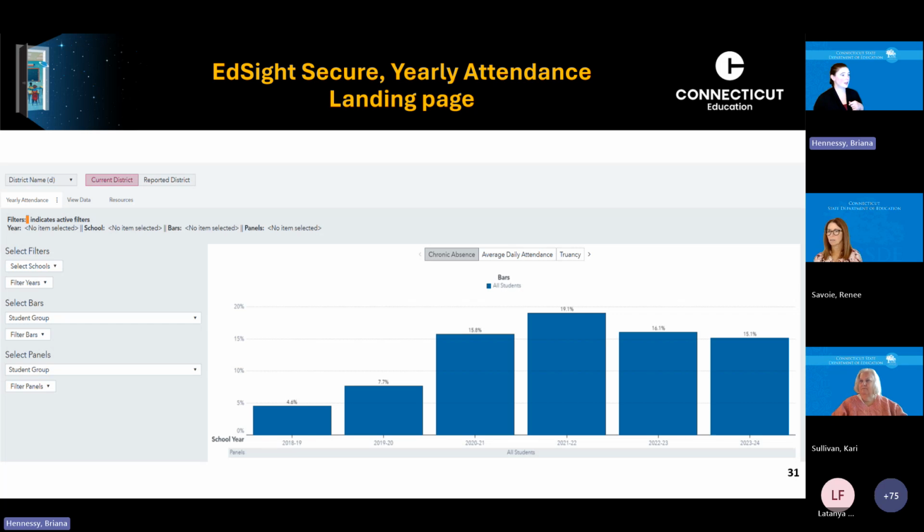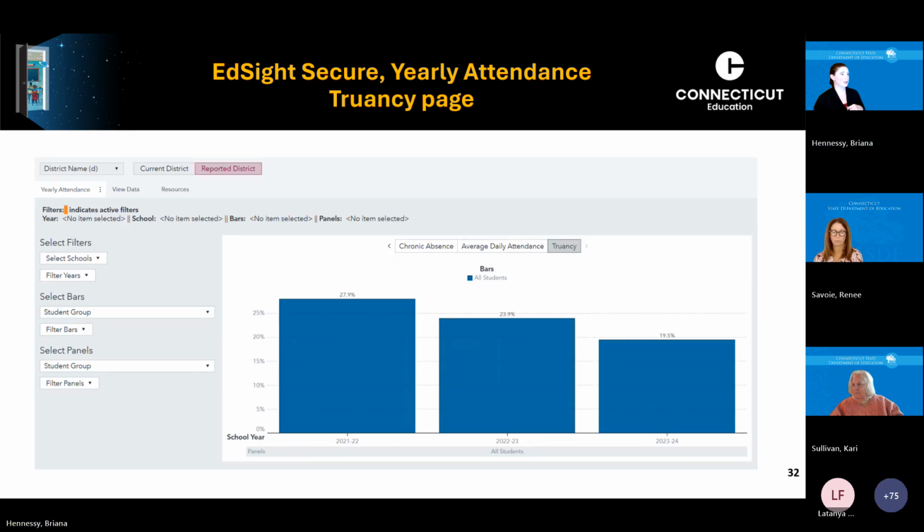You might notice we also have the additional truancy tab for yearly attendance. So let's navigate over to that tab. You can see that there's only 3 years of truancy data. Truancy only became a student level required element in PSIS June collection in 2021-22. Prior to that, it was reported as a school level percentage. So I don't think I need to go through all the filters and disaggregations. They're all very similar to monthly attendance. You have the view data, you have the resources.